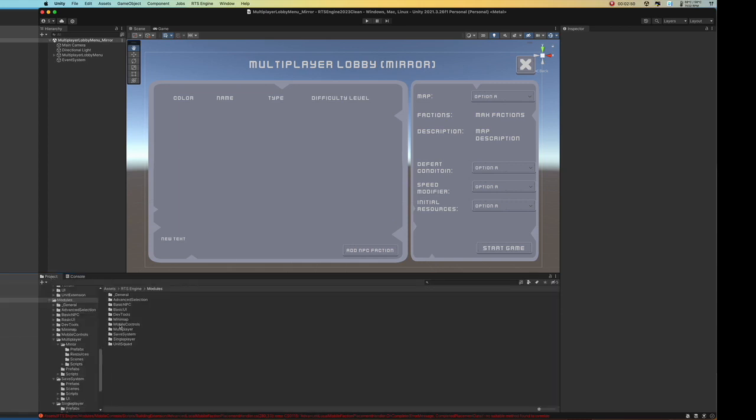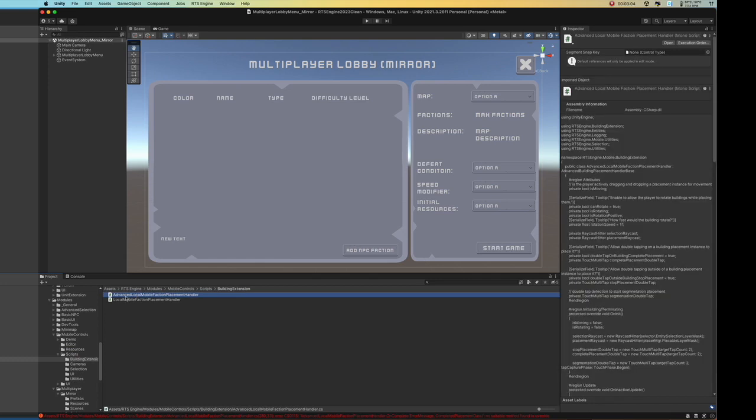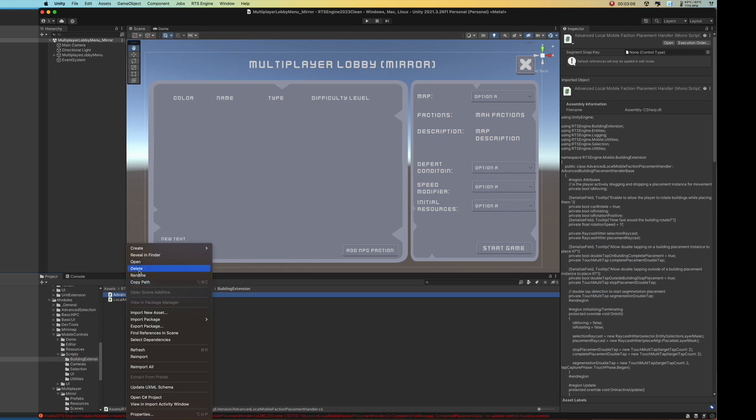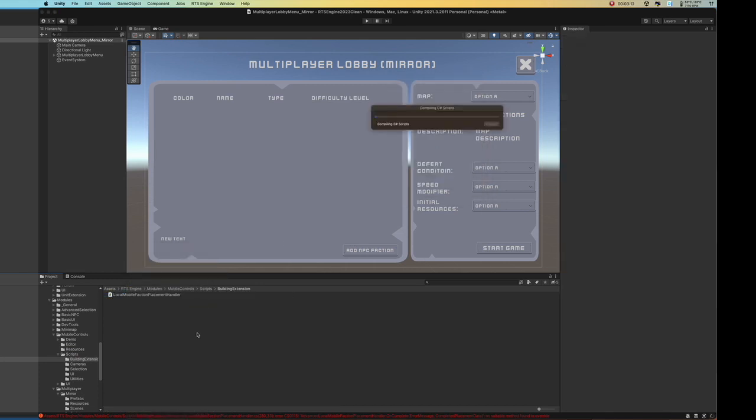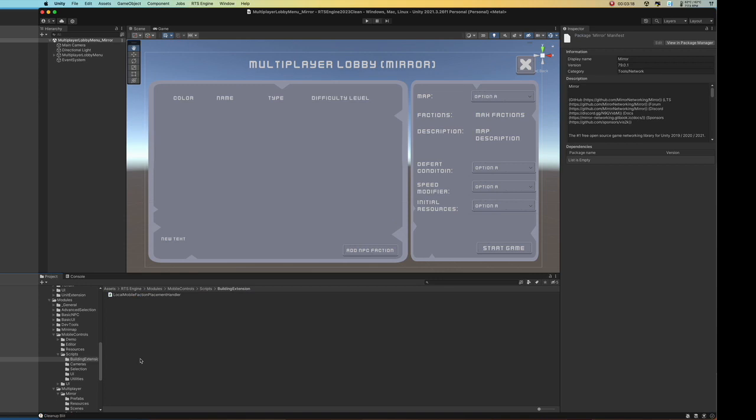So go to multiplayer, so RTSEngine, modules, mobile controls, scripts, building extension, advanced local mobile faction placement handler. Delete that one. Okay. And once that's done,